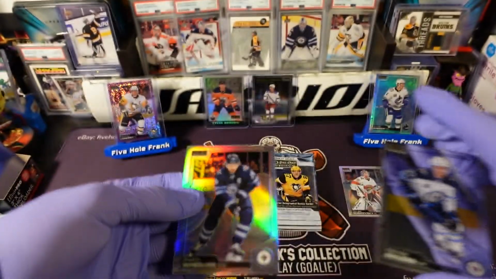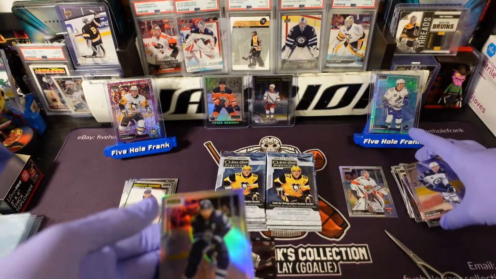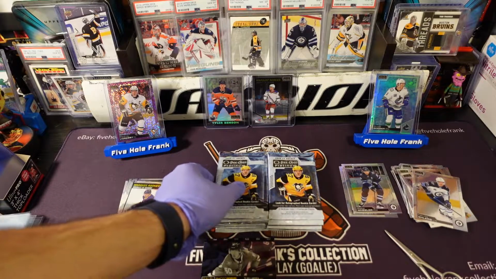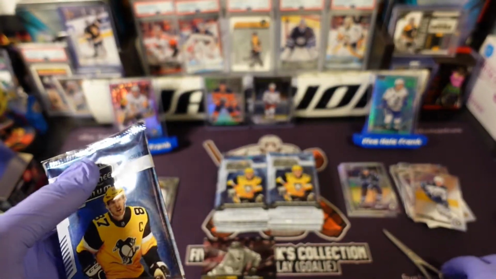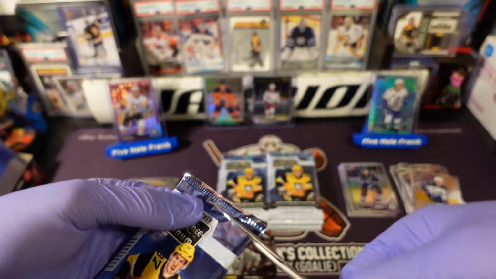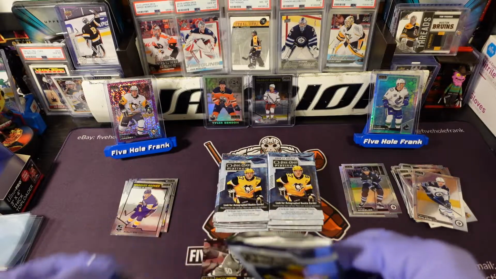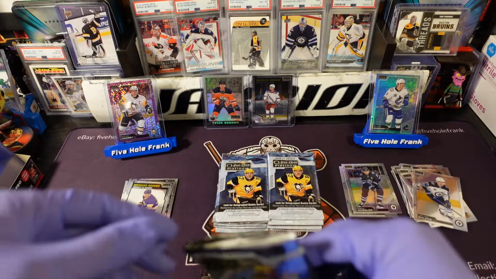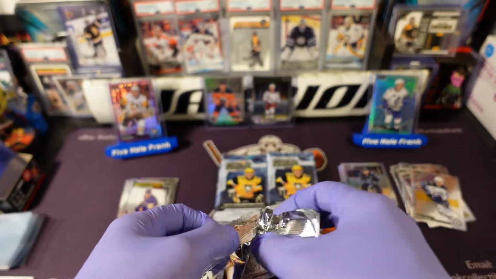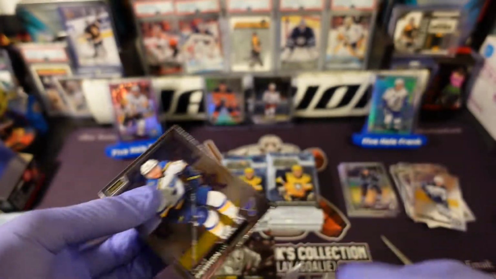And we've got Blake Wheeler in a rainbow. I'm definitely gonna just collect the full base of this. I do that with a lot of sets. I like to just keep the base, short prints, get it all, and save it. I don't know if that's just because I collected at a young age and that's what we did, but